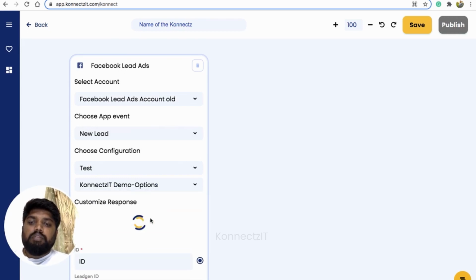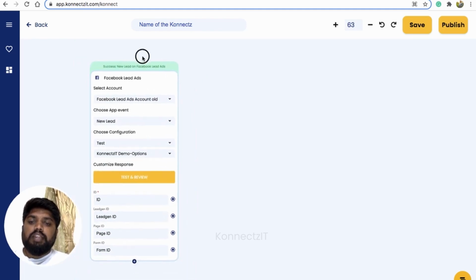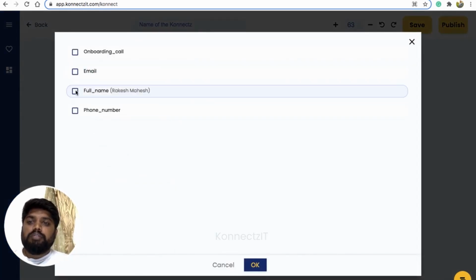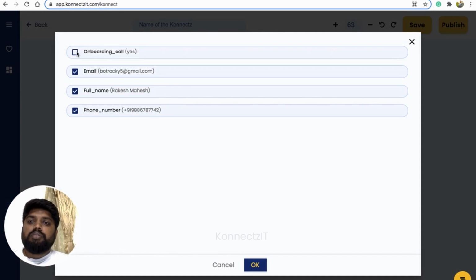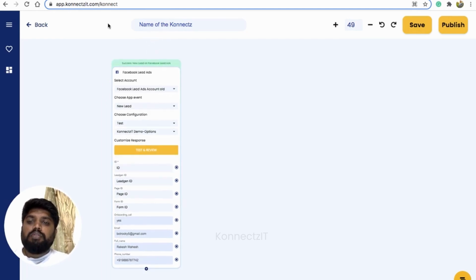I'm going to choose my form. Once you've done that, select the additional attributes, whichever are required for your use case, and click on OK.